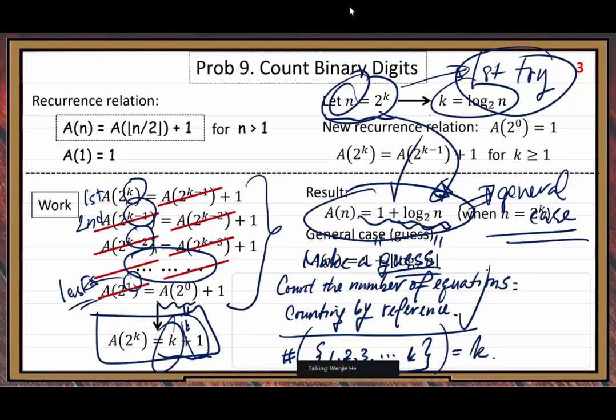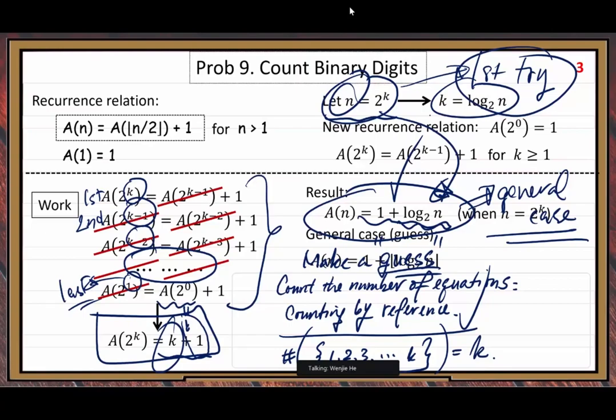If we want to see whether this formula is still useful for the arbitrary case, the first thing we can see is that we have a problem, because the log base 2